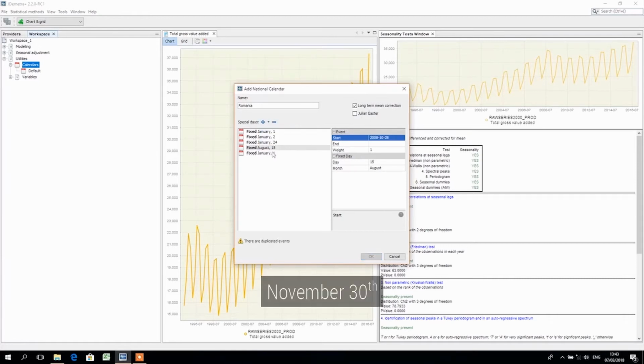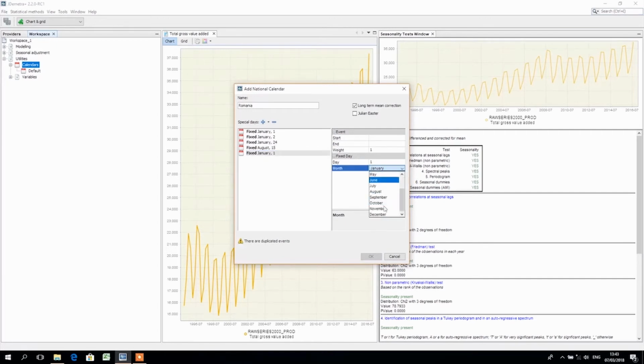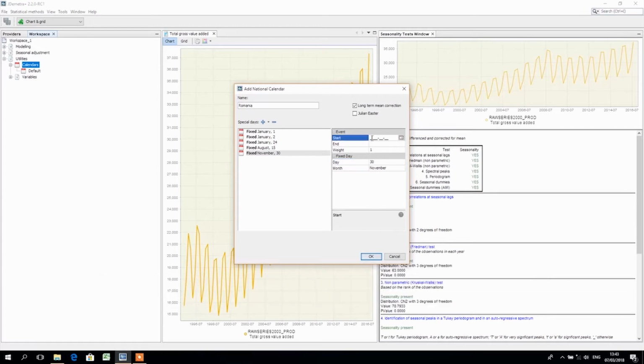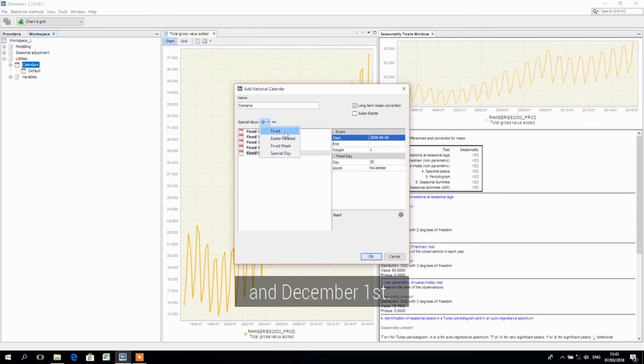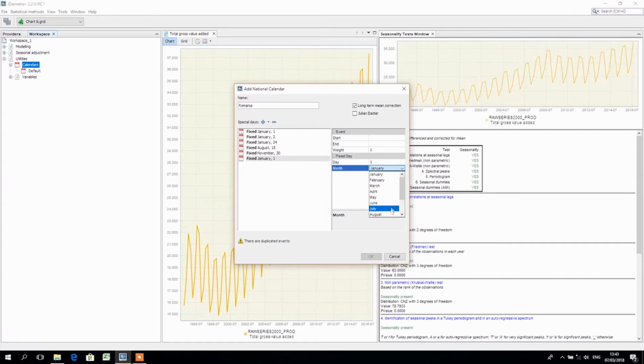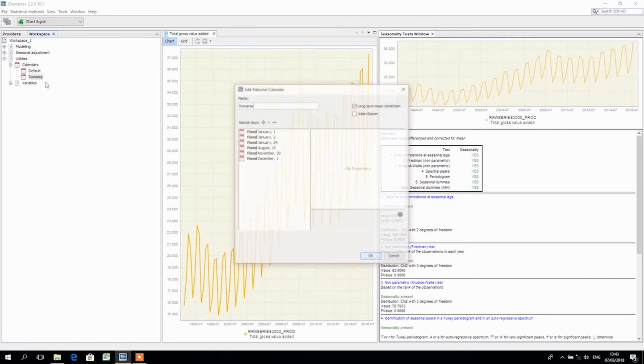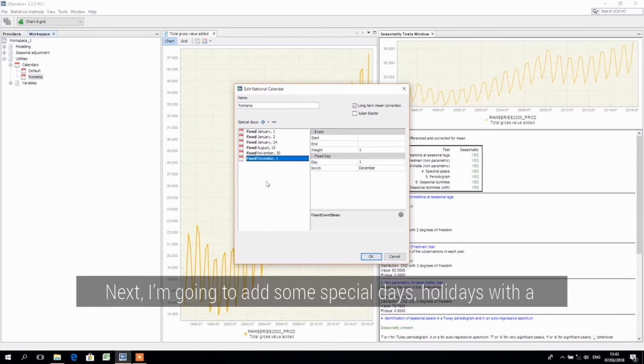November 30, which became a legal holiday also in 2008. And December 1st. Next, I'm going to add some special days, holidays with a wider impact on time series, like the first day